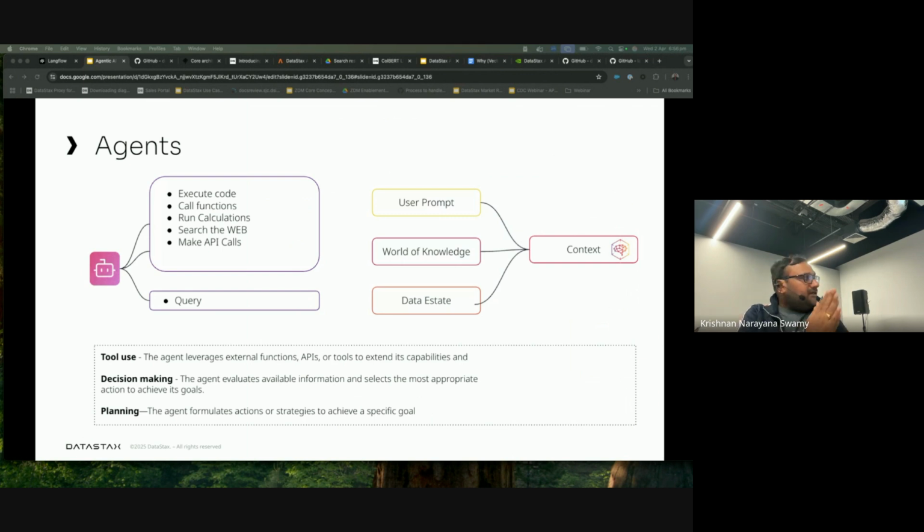Okay. Now, let's talk about agents, right? So why do we actually need agents? So you saw that diagram where I had a number of things that we needed to do, right, in terms of the RAG pipeline itself. Now, to do all of that just with a pipeline, you would end up building a